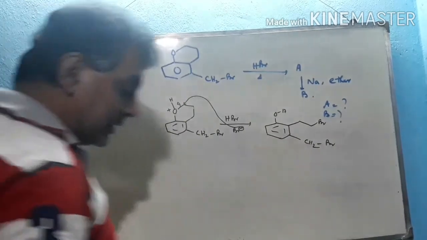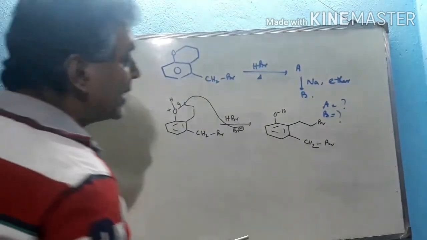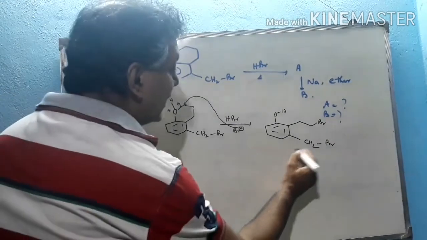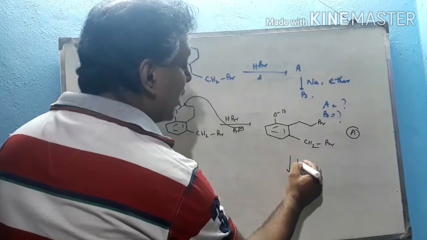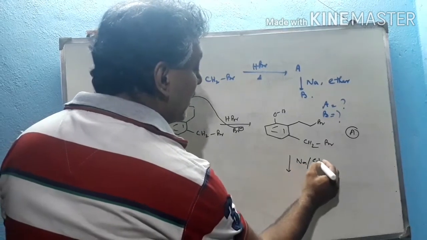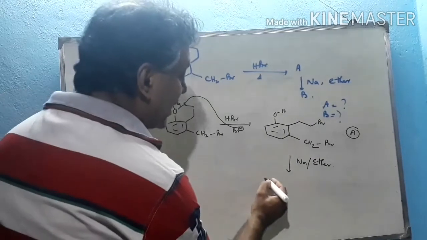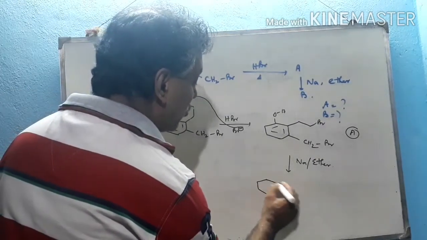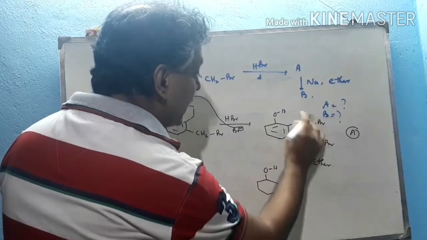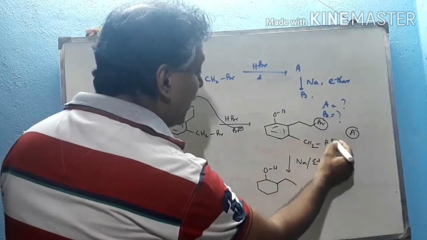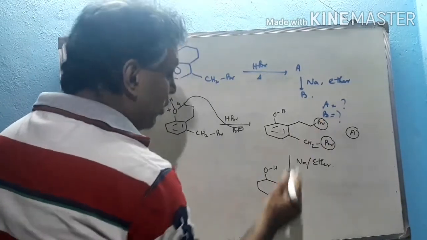Here this is the compound first it forms. Now this is A. When treated with sodium in dry ether, an intramolecular Wurtz reaction takes place. These two Br are actually removed due to the presence of sodium, and hence these two join to form such